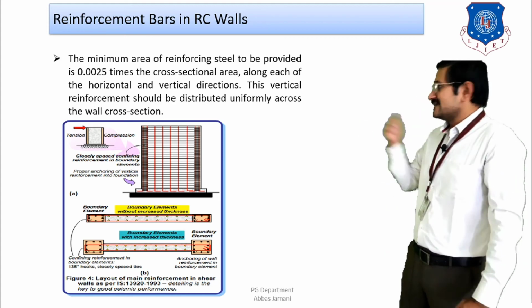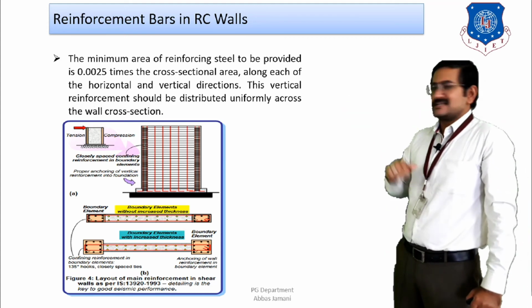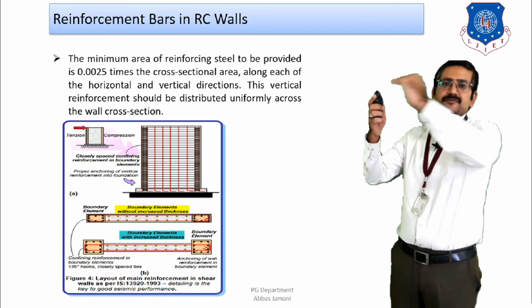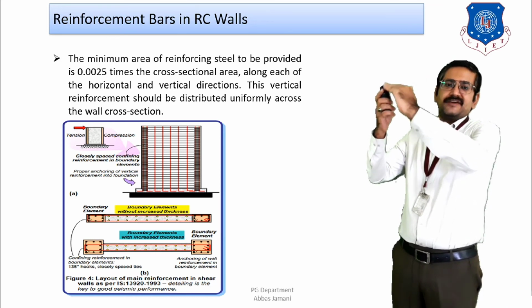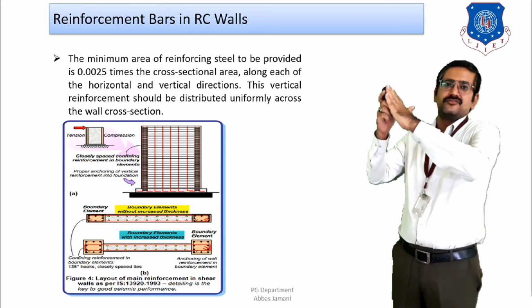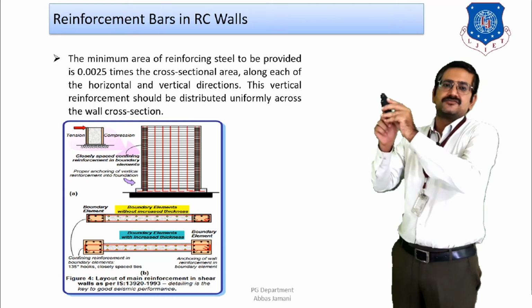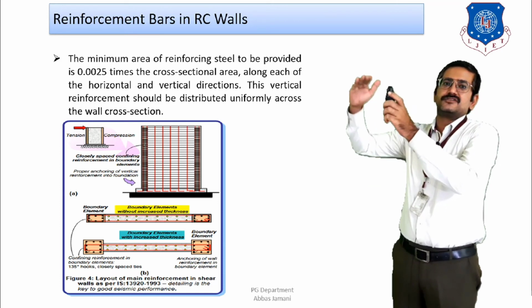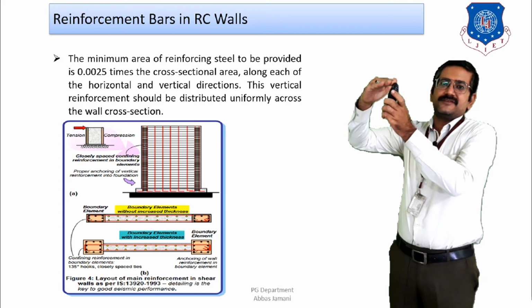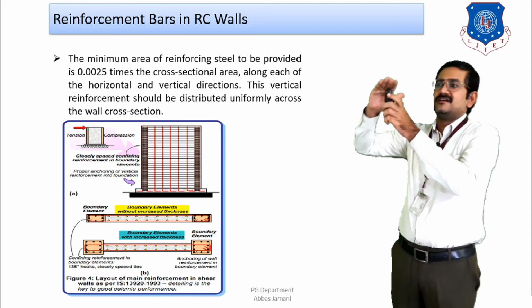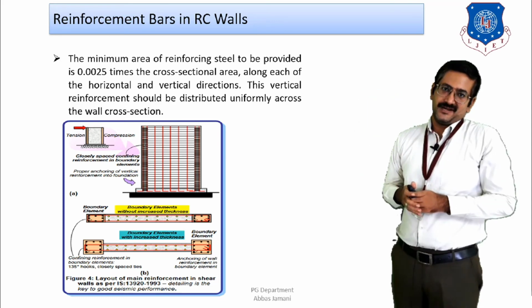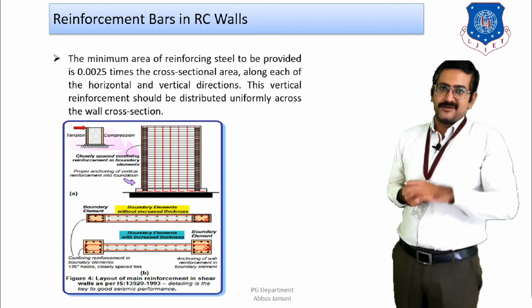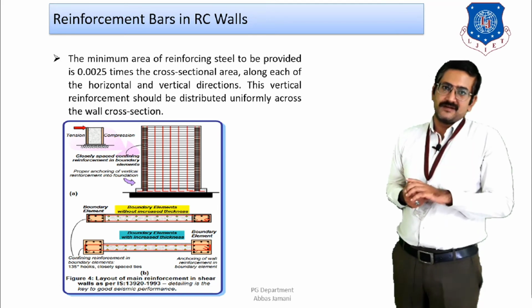As you can see in the figure, the phenomenon that I have explained is that whenever the horizontal force is applied, the face on which the force is applied is going to be under tension, and the opposite face is going to be under compression. Similarly, if the force is applied from the other side, then the face on which the force is applied is going to be in tension, and the other face is going to be on the compression side. So that is going to happen. As a result of that, sliding and overturning will come into the picture.